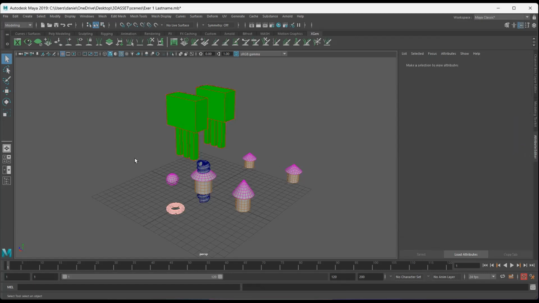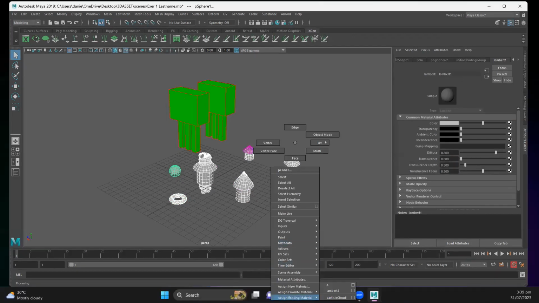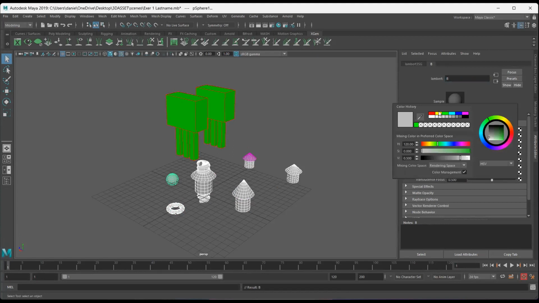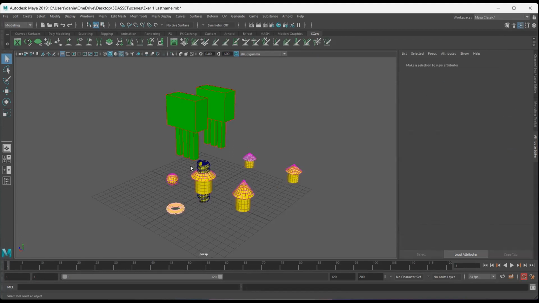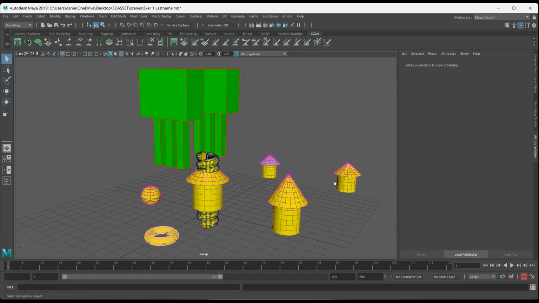Okay, so that's green. And the others, I would select them like this, like a window. And once I've done that, right click on it, assign a favorite material. I'll make use of Lambert again, and I would make use of a material B. And material B has a particular color. The color is yellow. Okay, something like that. So I have these objects right now. They're colored. They're pretty basic,